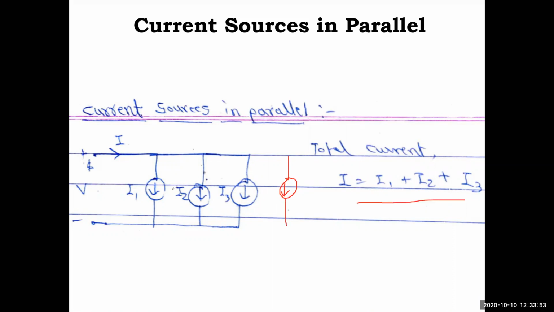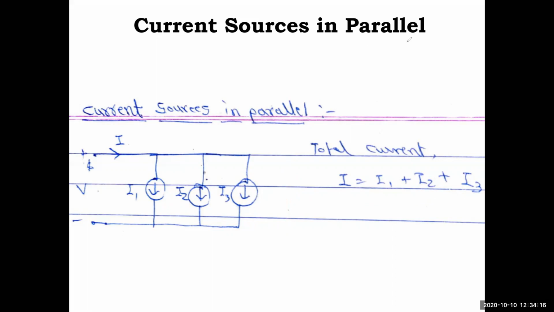For example, you have 1 amp, 2 amp and 3 amp currents. So 1 plus 2 plus 3 is equal to 6 amp. You can write it straight away. No need of writing the current source 3 times. You can replace it by a single current source with a 6 amp current. This is how you have to use it in network problems. That's why these concepts are taken here.